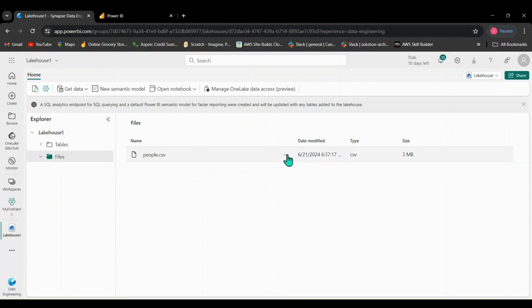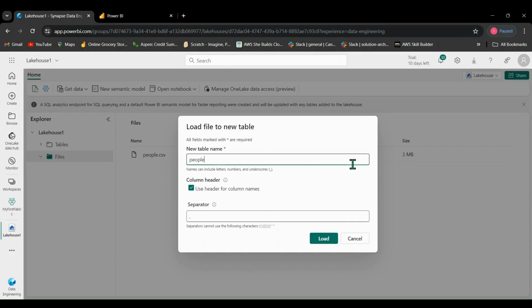So from this menu here, this three dot here, beside people.csv, you can see it says load to table. Load to table, and then you have new table. So now it's time to give it a name. Okay, so let's retain that name so we'll just remember which file is now loaded into the table. So let's retain the name, and then we'll say people, and then after that we click on load,